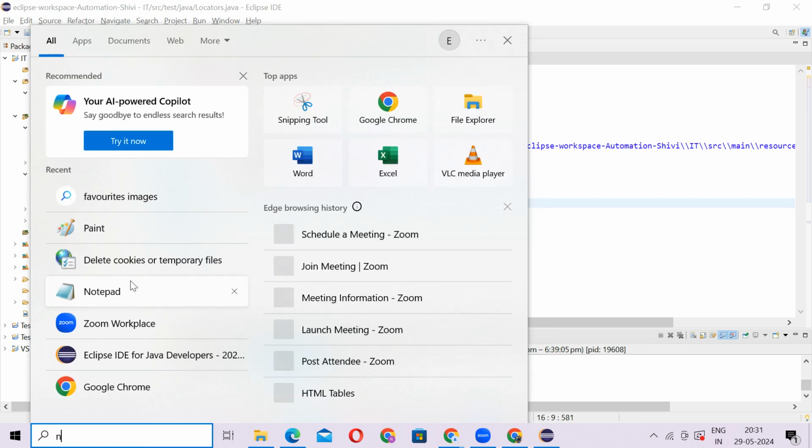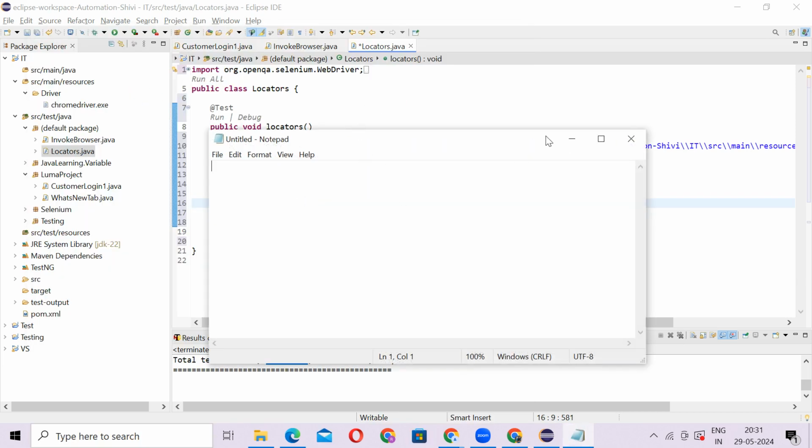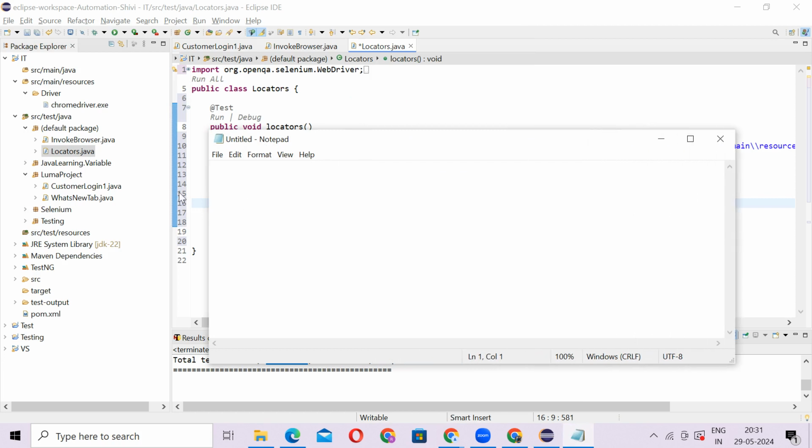Let me open my notepad. For XPath, our syntax is double slash, tag name, then brackets, at the rate, attribute equals its value.